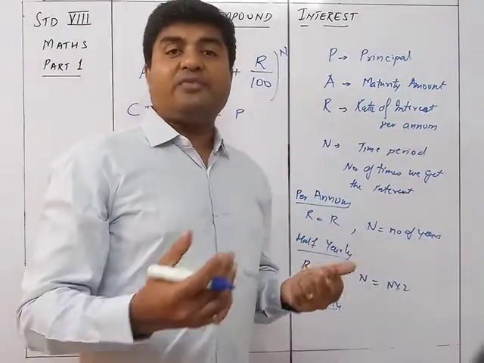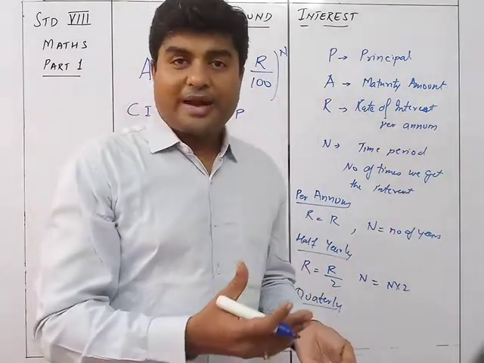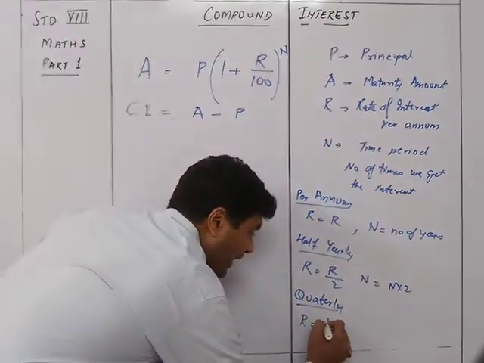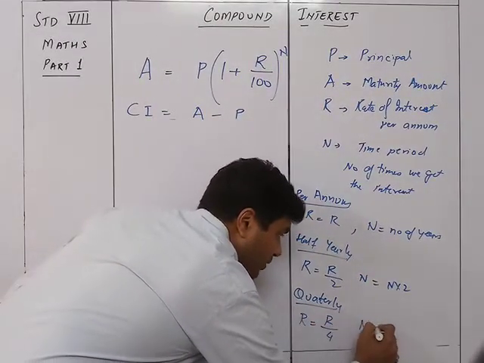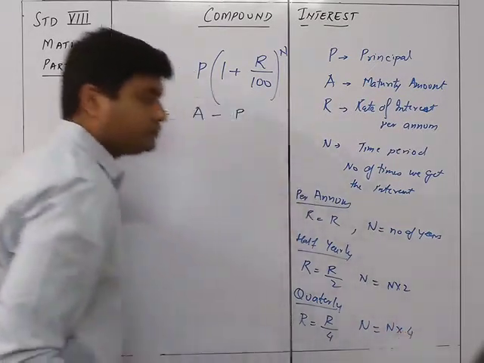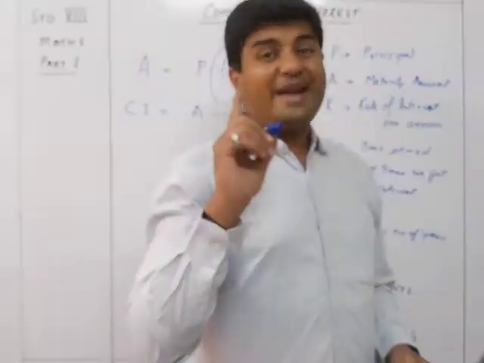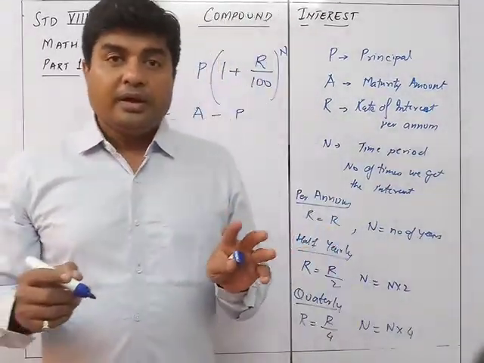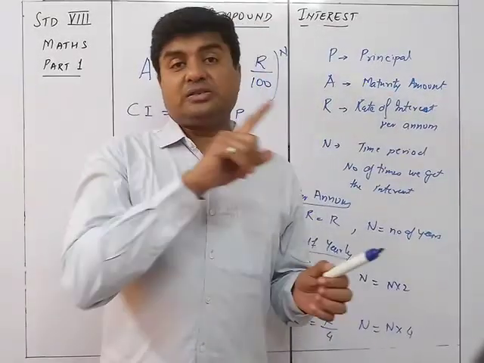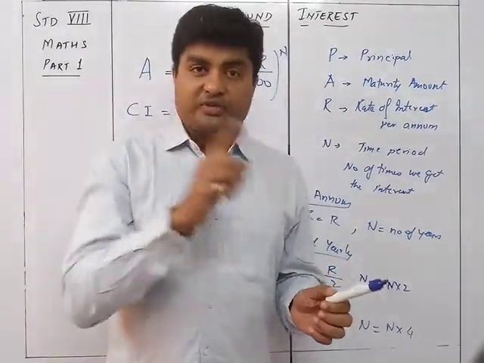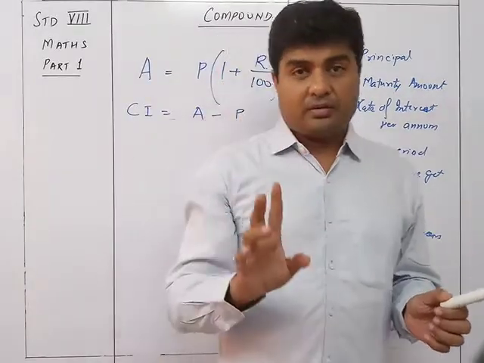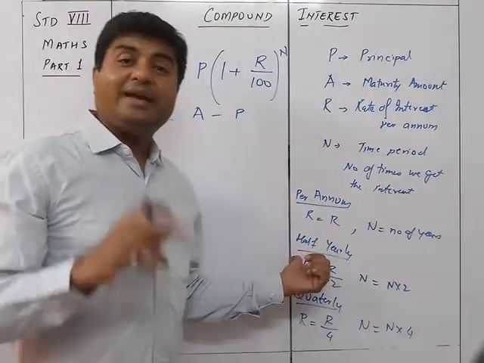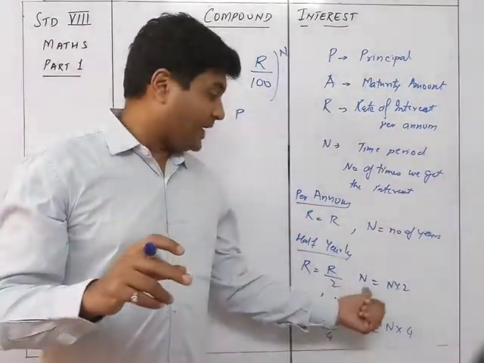So automatically the rate of interest, if it is 12%, it will become 12 divided by 4. So accordingly, my R will be equal to R upon 4 and my N will be equal to N into 4. So if it is 2 years, I am going to get it 8 times. If it is 1 year, I am going to get it 4 times. If it is 2.5 years, that is 4 times in 1 year, so 4 plus 4 is 8, plus 2 is 10. If it is 1.5 years, then 4 plus 2 is 6. Similarly, if it is half yearly and it is 2.5 years, it will be 5, that is 2.5 into 2.